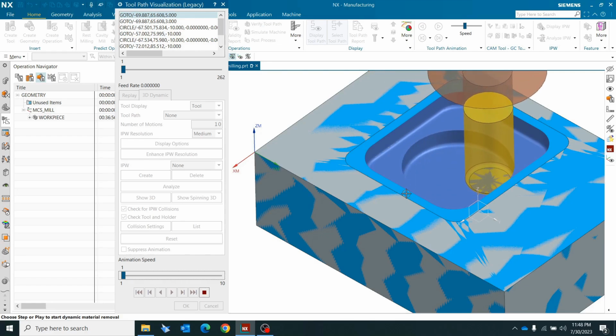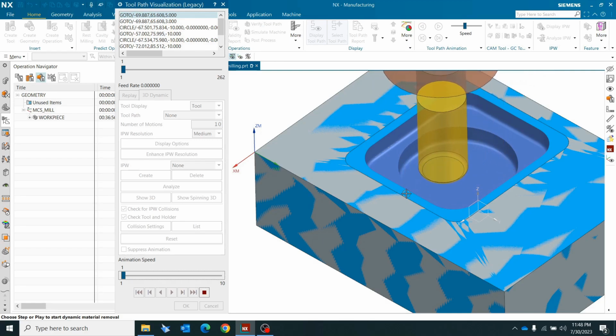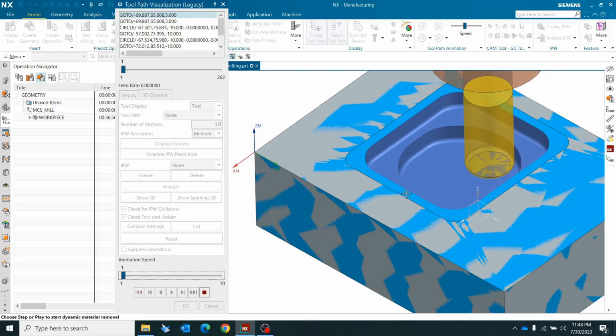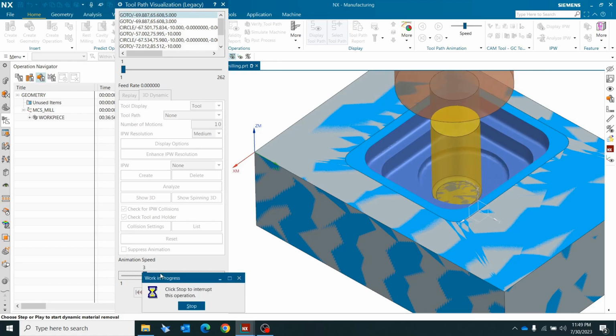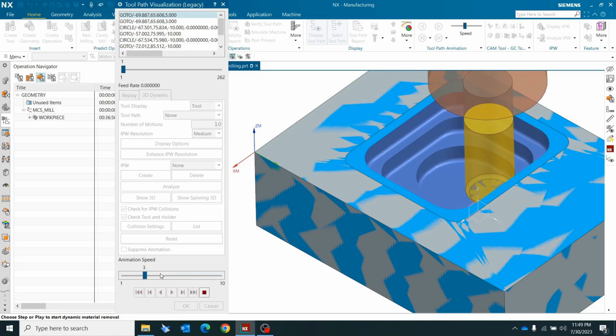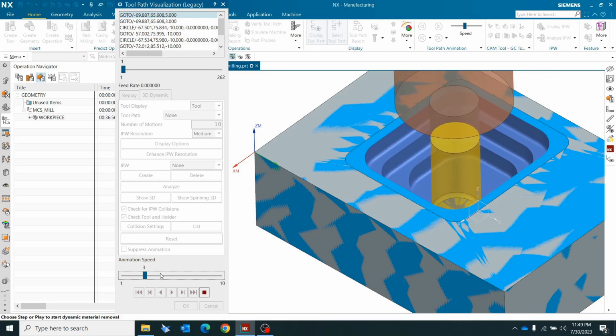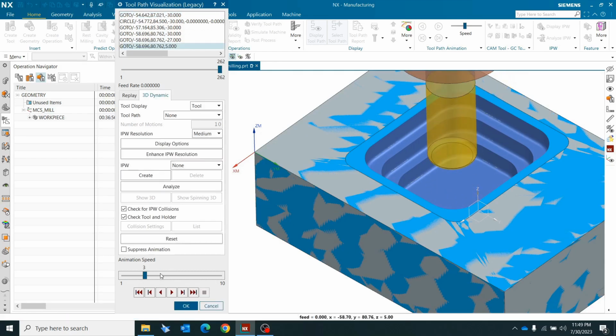So it is very smooth, and you may observe the chips are also uniform which are coming out. Here I have not mentioned any stock. For roughing we need to specify some stock. I will increase the animation speed so that it will go faster in the secondary region. So one thing, if you want, you can keep it like this and go for rest roughing for this to